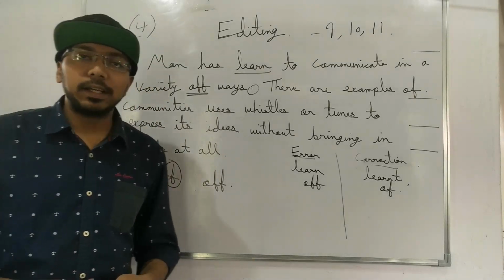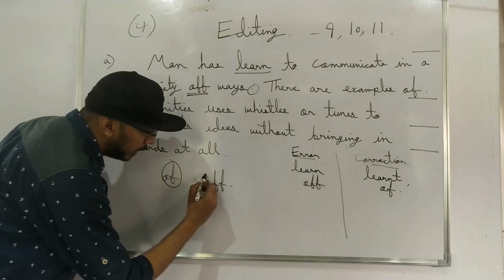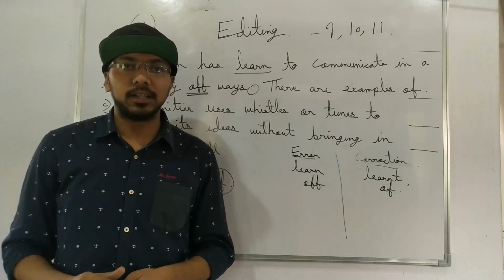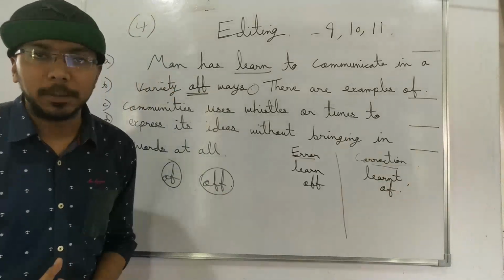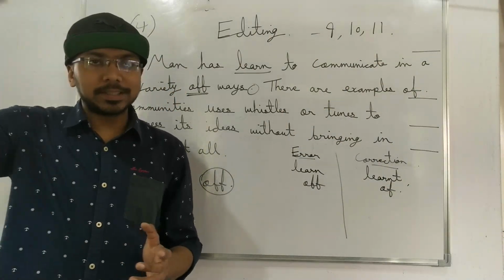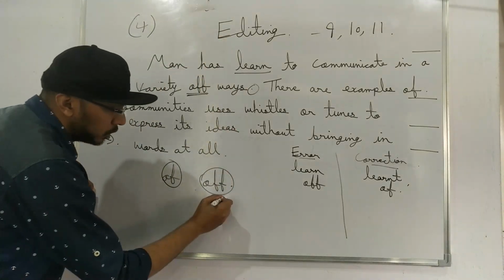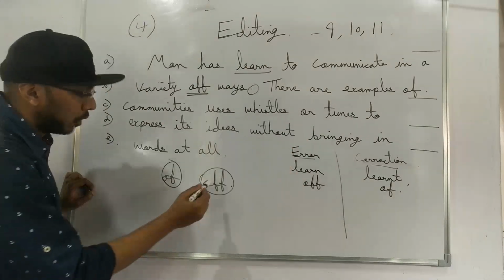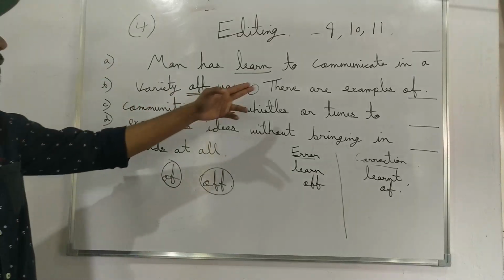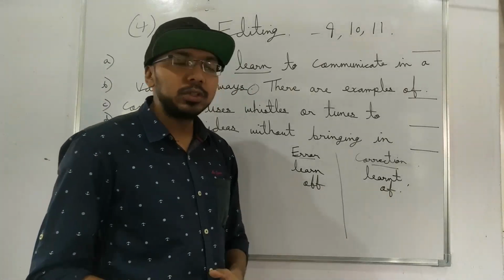But if I say put your hat off, that off will include O double F because I am not making a connection, I am disconnecting the thing. Get off my property, I am disengaging that person from my property. Put off this hat, I am disengaging this hat from my head. Where a connection is disengaged, we use double F. Switch off the fan, O double F. But where we are making a connection, there we will use off. So here we are saying communication through variety of ways. Many ways to communicate. It is a connection. That is why we have used single F.